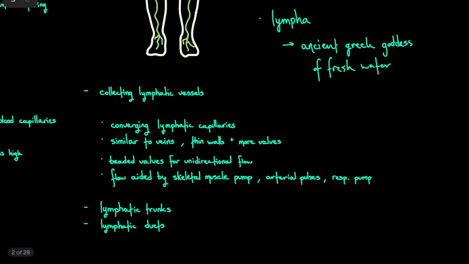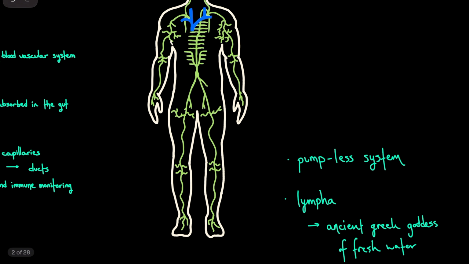All right, and then after these capillaries conjoin, we'll call those lymphatic vessels. And same deal here. I'm just stressing that it's very similar to veins, very, very thin-walled with a bunch of valves. And we have this unidirectional flow that's very much so aided by the skeletal muscle pump. And what do I mean by that? Well, without getting too anatomy on you, let's say you have antagonizing muscle groups. So antagonist, right? That's the opposite force of the protagonist. All right. So think you have your quads on the front, and then you would have your hammies on the